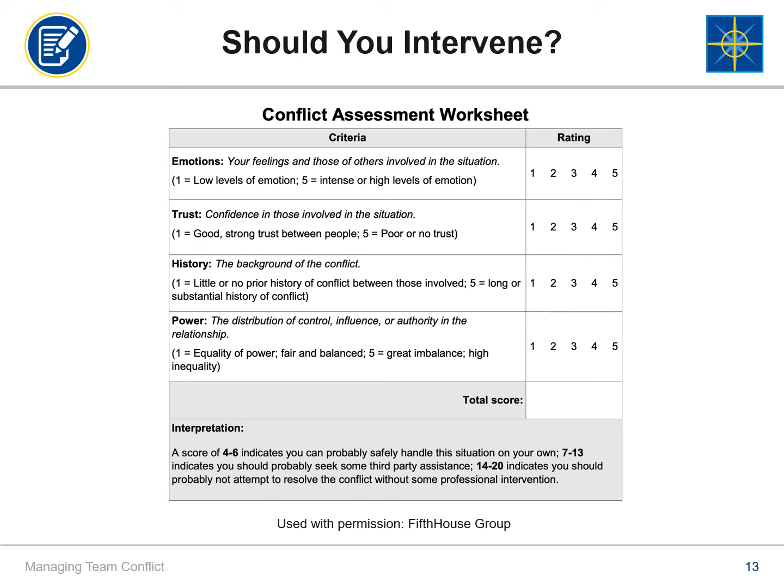Consider and perhaps adapt the basic assessment from Fifth House Group on the slide and use it to gauge the seriousness of disputes so that you can determine the most appropriate intervention. Though simple and written from the disputant's perspective, the 4 factors assessed in the worksheet may help you decide whether intervention is needed. If, for example, the cumulative score exceeds about 7 or 8, intervention of some sort might be appropriate. This could involve coaching the parties. If it hits 14 or more, urgent intervention may be needed, for example, in the form of mediation.